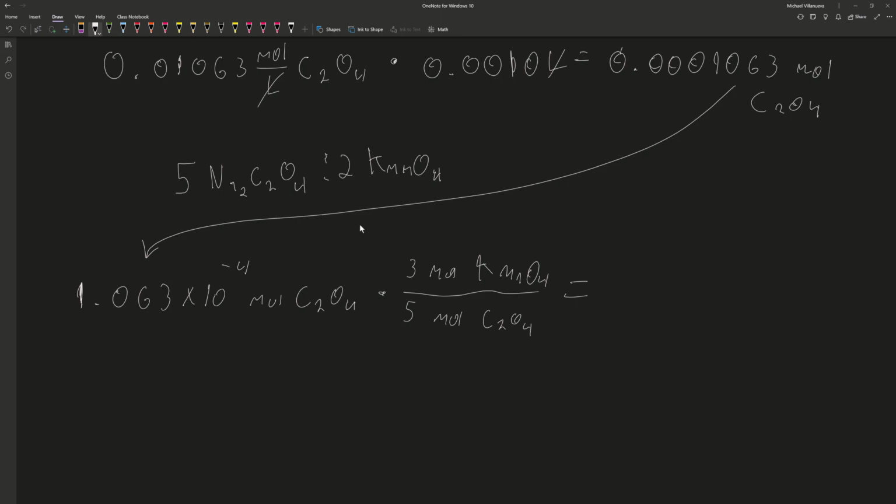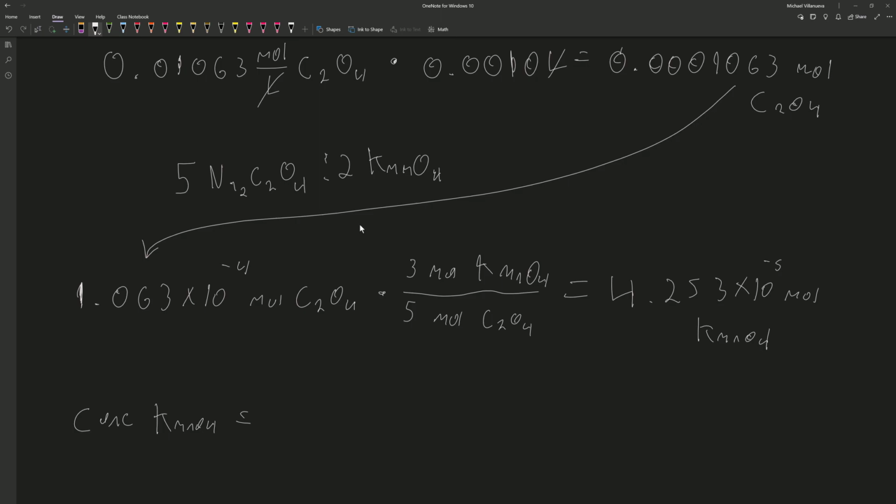So 3/5 is going to be multiplied by, and we will get a value of 4.253 times 10 to the negative fifth moles of KMnO4. So now we know how many moles of KMnO4 reacted with the C2O4. And we also know the volume of that KMnO4 that reacted. And so by using those two factors, we could determine the concentration of KMnO4